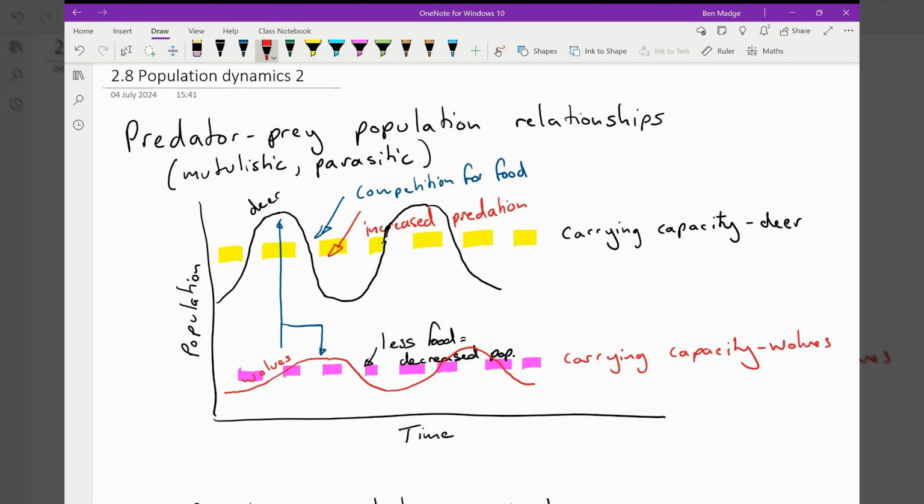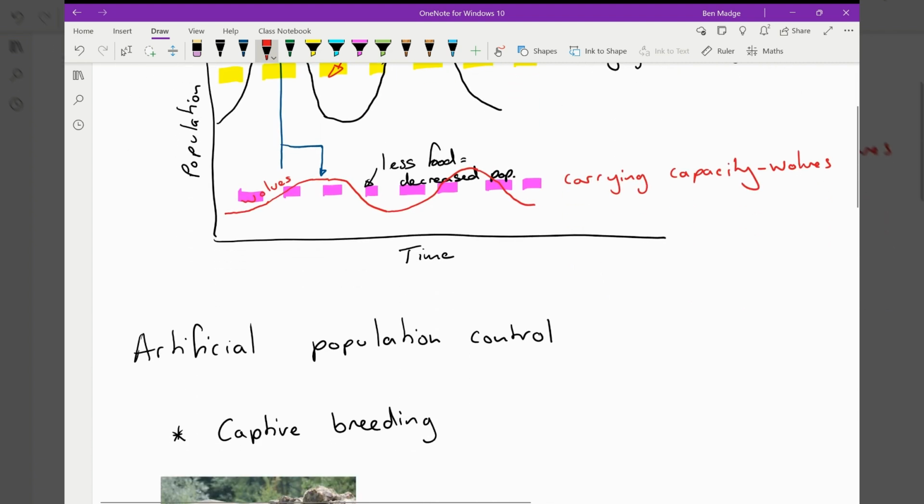And we see this happen time and time again throughout ecology. The famous example where there was some really solid data where they established this sort of relationship was lynx and hares in North America. So that's a nice bit of history for you. The next thing we're going to look at